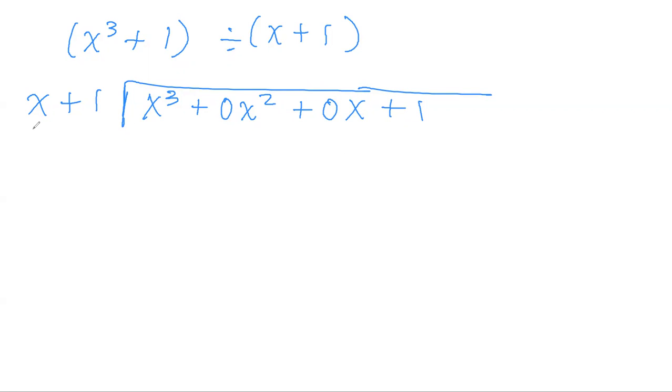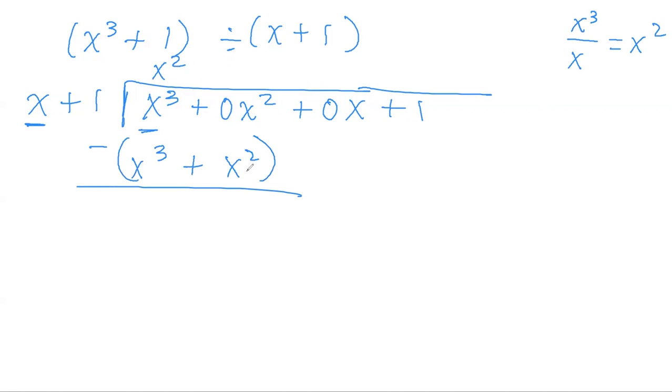So what I mean by that is, what do I multiply x by to get to x cubed? Well, that's just going to be x squared, because if you think about it, x cubed divided by x is just x squared. Multiply x squared by x plus 1, so I have x cubed plus x squared. And I subtract. So 0 minus 1, that's just negative x. So this is why it's so important, because it makes it so much easier for us to line up